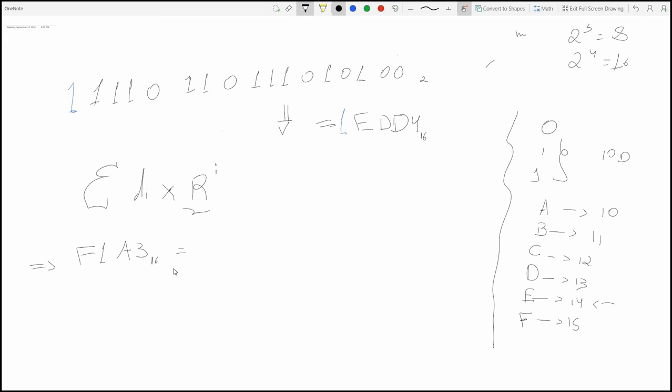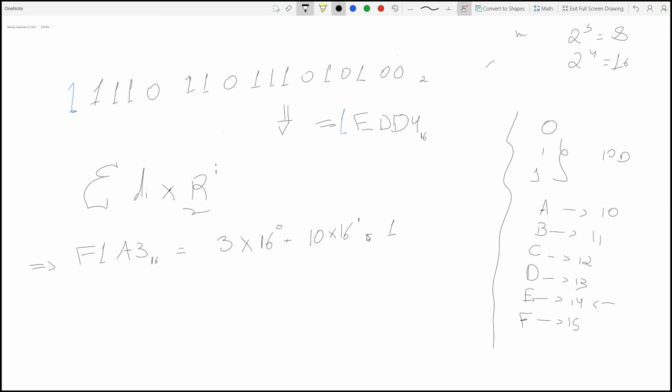Now this is equal, using this formula, to 3, the current digit, multiplied by the base, in our case 16, to the power of the weight 0, plus 10, A is 10, remember that, multiplied by 16, the base, to the power of 1, plus